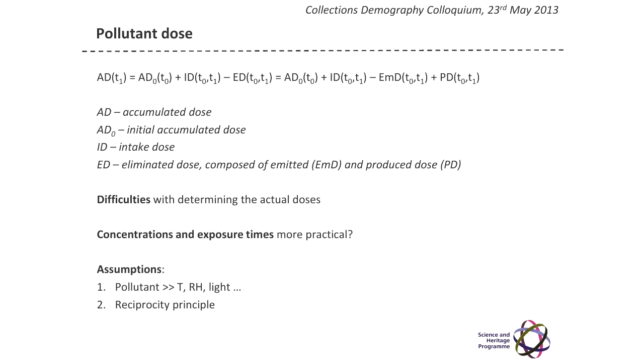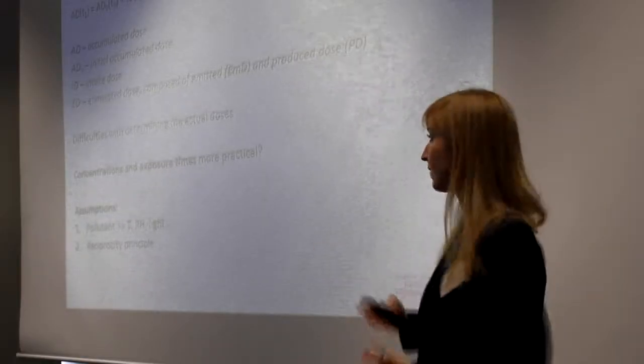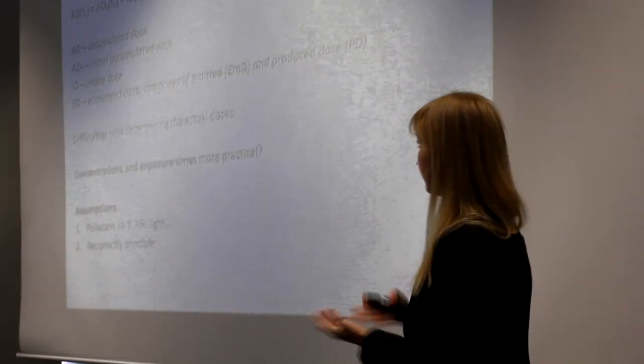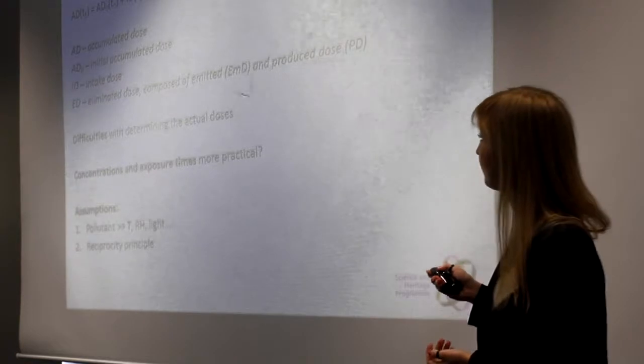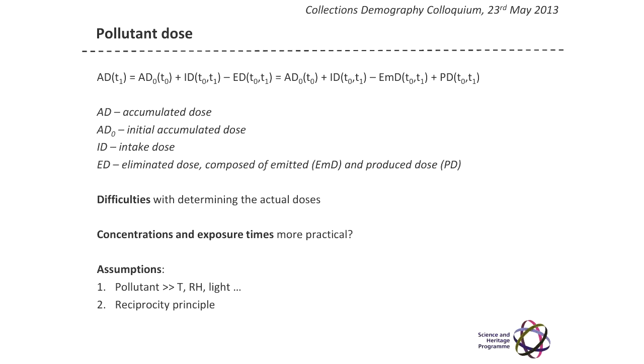And as you can see in the top line, pollutant dose is actually a fairly complex term, because the total accumulated dose here, AD, is composed of initial accumulated dose, of intake dose, which is what's being absorbed, for example, by an object or by an organism in toxicology, and with eliminated dose as well, which is composed of emitted and produced dose. Produced and emitted dose, basically, the difference between the two is that one is a physical process of desorption of pollutants, for example, from a book, and the second, produced dose, is basically a chemical process where cellulose chains break down and short